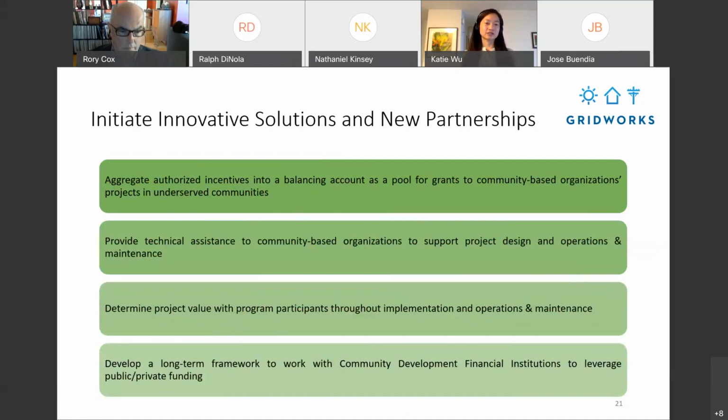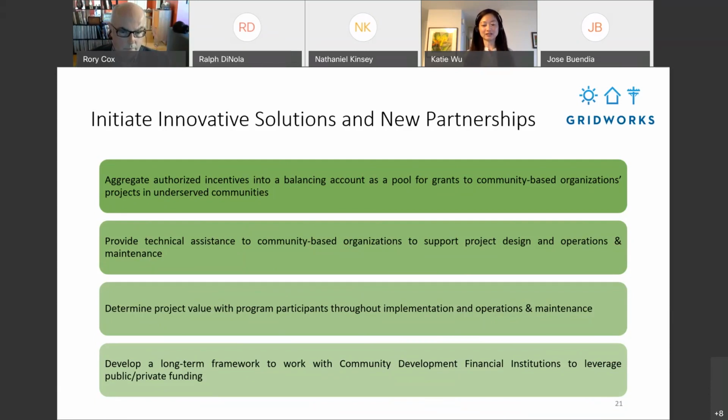And even with these great solutions, I think more will need to be done to achieve the market transformation that we need for those heat pump adoption rates that I showed a little bit earlier. And again, I think that that will really depend on creative thinking, innovative solutions, and new partnerships. Communities that have been underserved in the past need to trust that these programs are going to meet their needs. And these are just a few suggestions for consideration among staff and stakeholders. But again, I think that we really need to think outside of the box in order to achieve the market